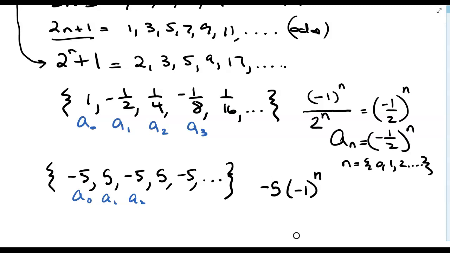When n is 1, we get +5. When n is 2, we get -5. So that does work, but that's not necessarily the only way to do it. Suppose we wanted to do it with a +5, and we're letting n start at 0. Then perhaps we need to take n plus 1. So that's another way of writing this particular function. Of course, you can also define it by starting n at 1. As we stated earlier, it is arbitrary how you do that. So there's two different acceptable explicit formulas for that particular